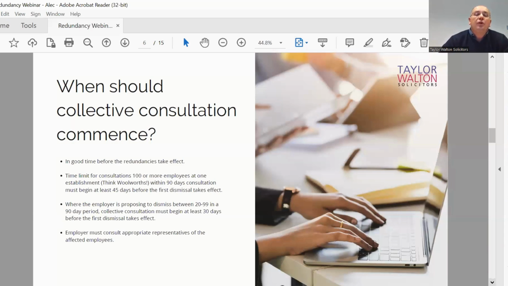For those who think you can get around these rules by, for example, putting at risk 19 staff for a period of 90 days, followed by a further 19 over the next 90 days, the Trade Union and Labour Relations Act recognised that this could happen, and there's a provision where if the employer is trying to gerrymander the arrangements, then that can still result in a breach of the collective consultation